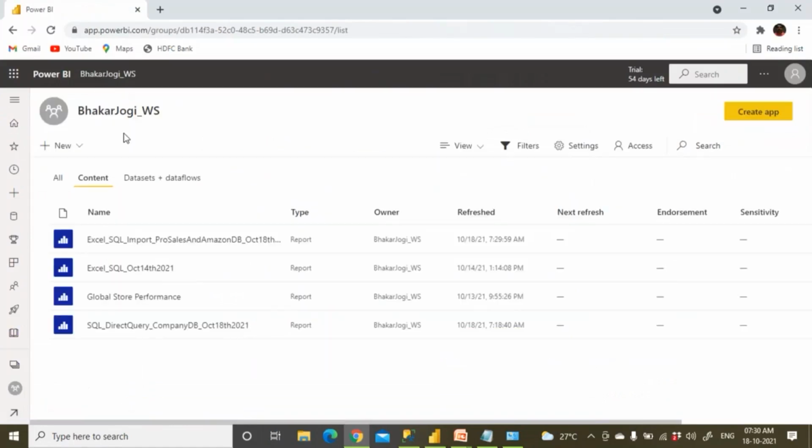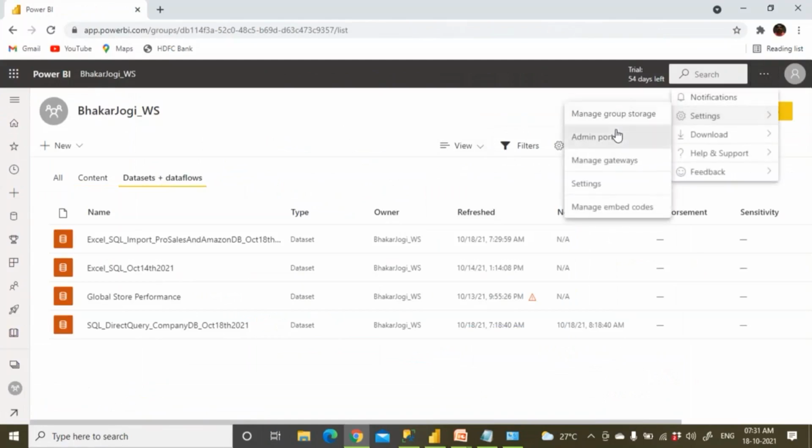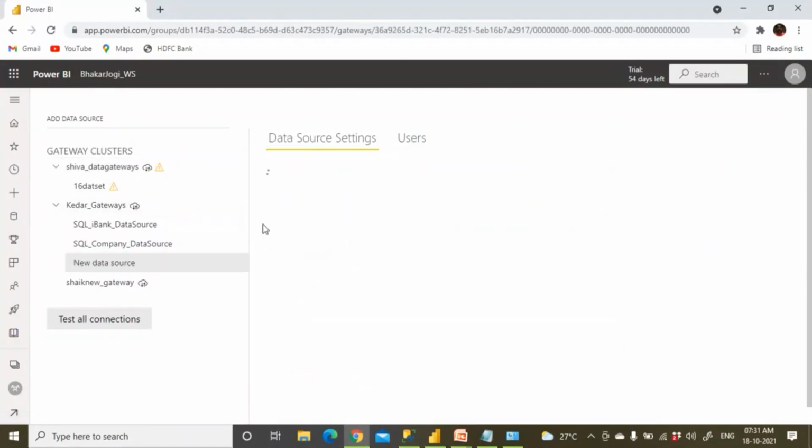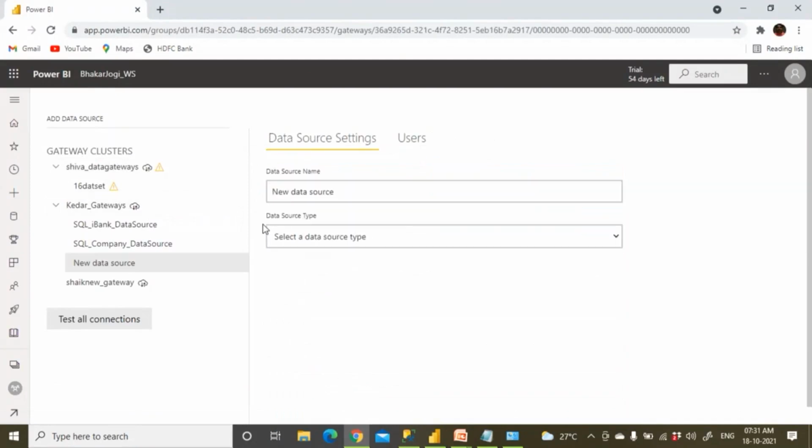Go back here. Now first I have to go to settings and give the connections, manage gateways. Now I have to go to Kedar's machine and create one more gateway. So click on the dot dot dot, add data source. One is an Excel data source I need to add. One more data source I need to add is SQL Server. That's it. So one Excel